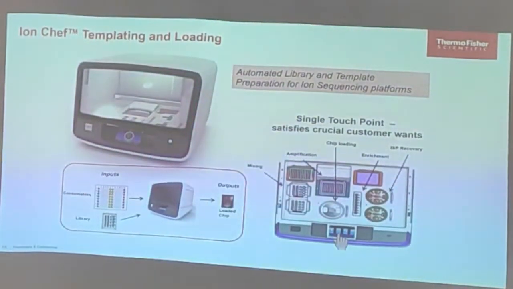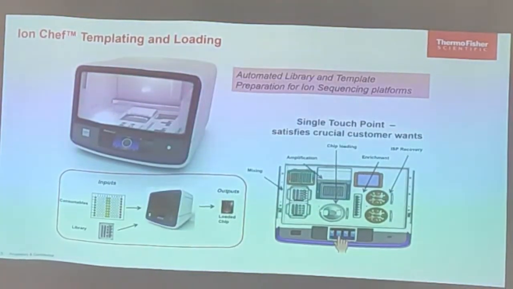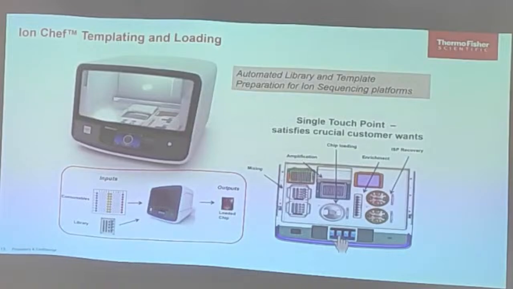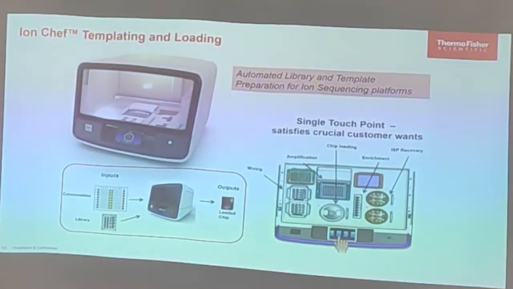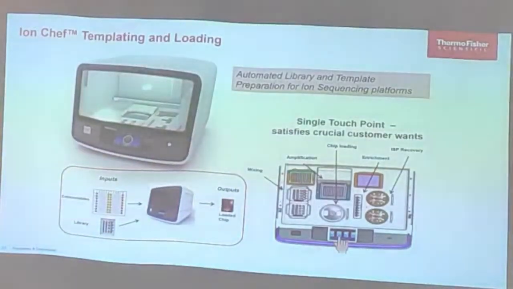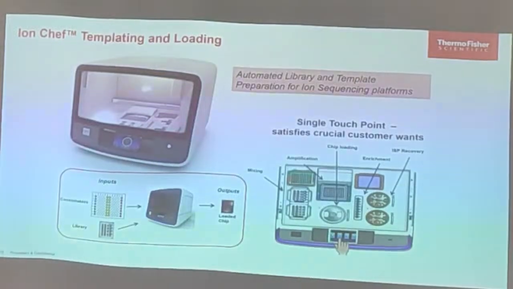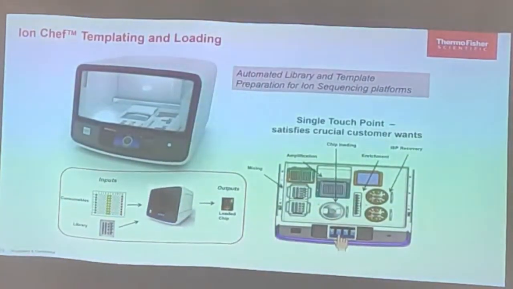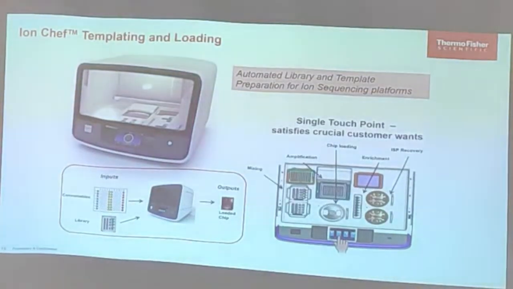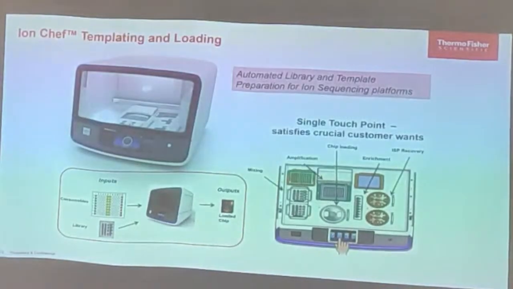Now for certain applications, the library can also be prepared here. But for most things, the library has to be prepared manually. It is better to prepare it manually because you should have some controls, meaning how many samples you have to multiplex. It is nothing special, just a series of PCRs. That's all. After that everything is automated. Plating, chip loading, everything is automated here. So once the chip is loaded,